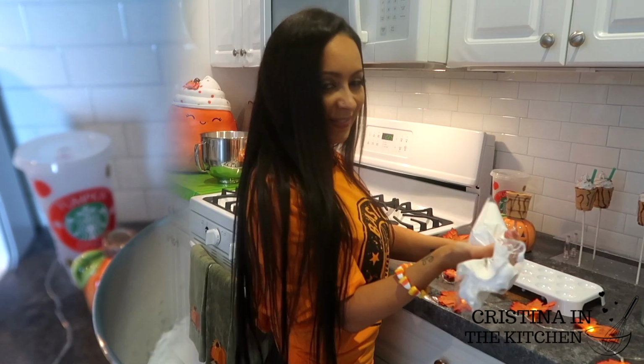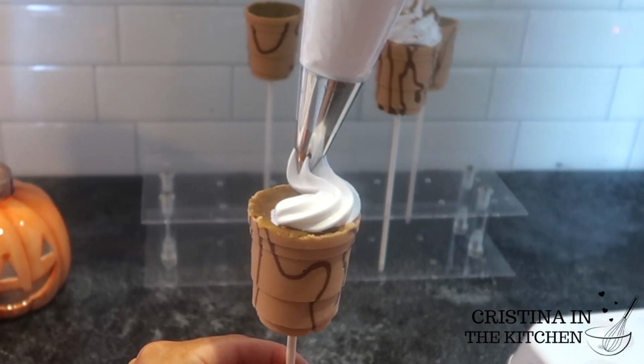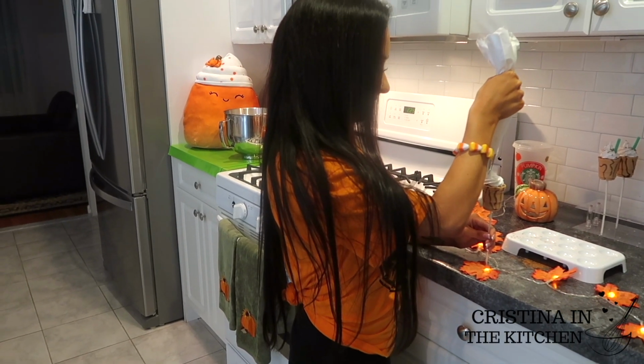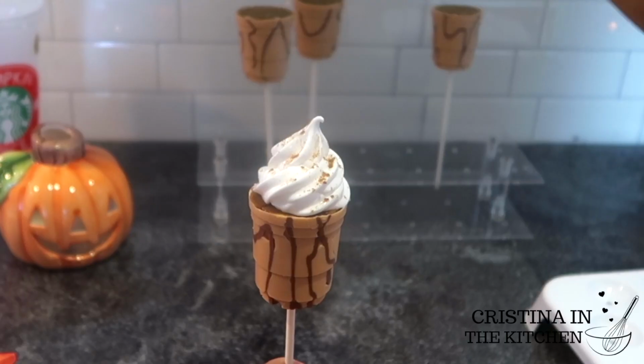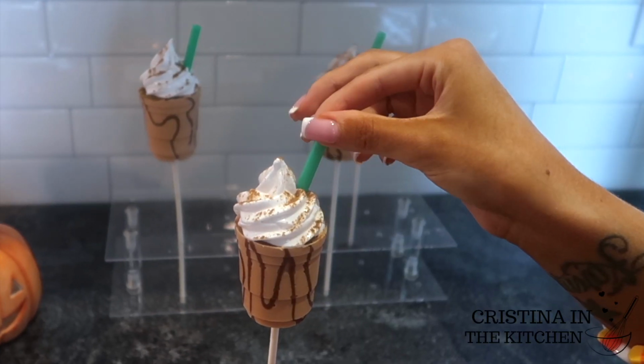My favorite part is the decorating, of course, and I'm piping the marshmallow on with a 1M decorating tip. It is important to pipe immediately after beating the marshmallow or it will deflate. Finish it off with a sprinkle of pumpkin spice and everything nice, and a green straw that is the signature